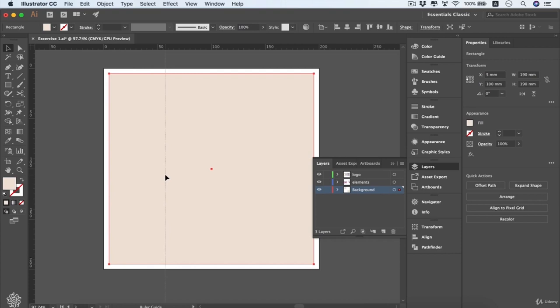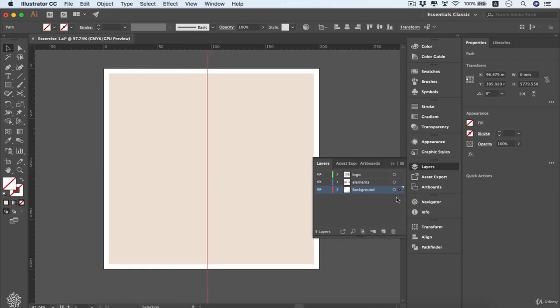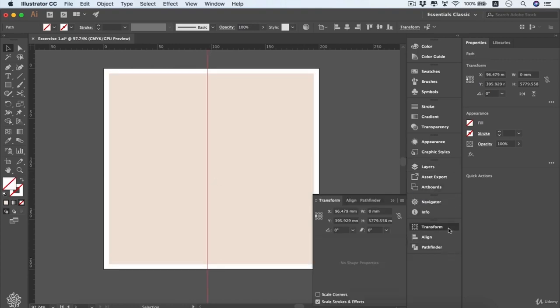So now I'm going to move that one to the background layer from here, and then we will use our guide knowledge to get that one into the center, to put our main flower into the center of our shape by dragging that one in here. And then we go to the Transform panel, choose our X to make it 100 millimeters, exactly in the center of our artboard,